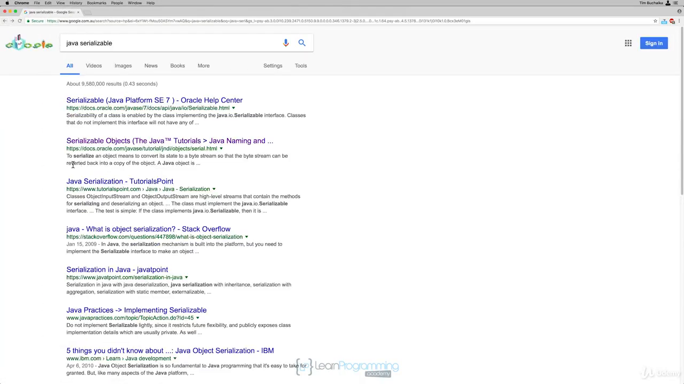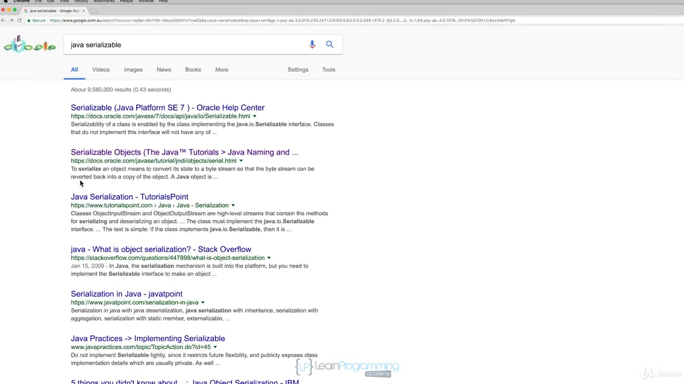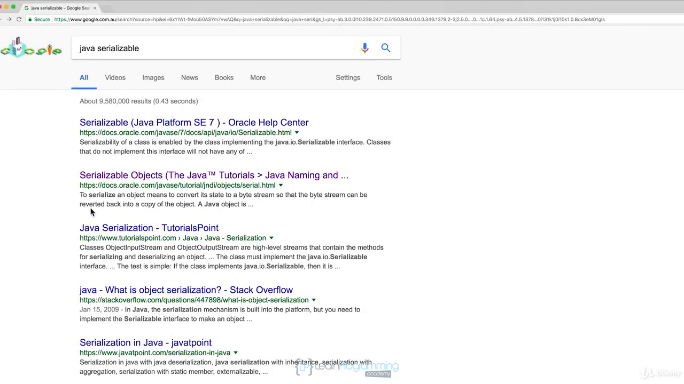And in actual fact, I'll just go back there because the description really has enough information on the screen there. To serialize an object means to convert its state to a byte stream so that the byte stream can be reverted back into a copy of the object. So if an object is serializable, it can be stored and retrieved. Now a byte stream can be saved to disk or held in memory. We don't know exactly what the putExtra method will do, but in this case it doesn't matter. As long as it can serialize our object, it can store it in the intent for the new activity to